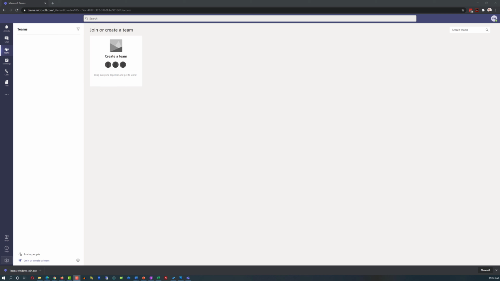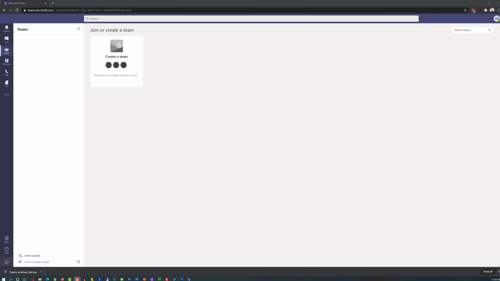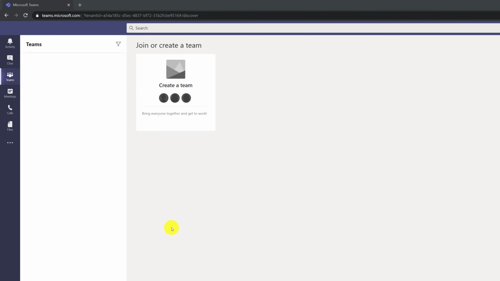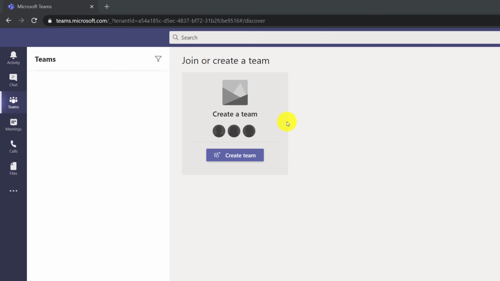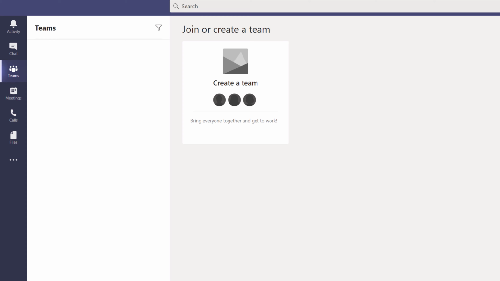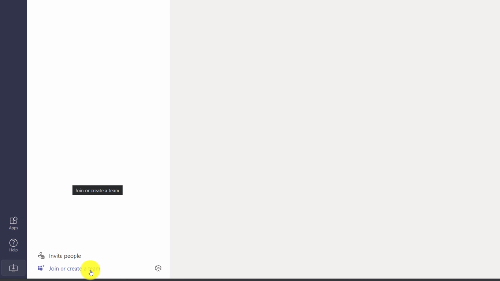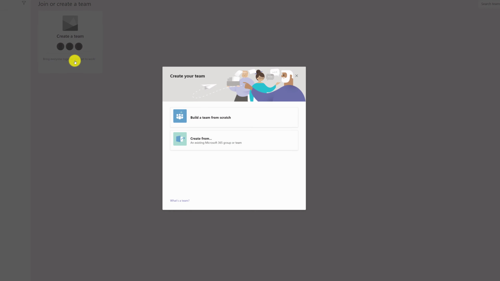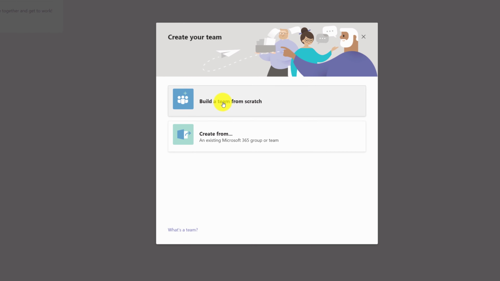There are multiple ways how you can create a new team. If you don't have any teams set up, you will see this Create New Team area right here. An alternative way to create a new team would be Join or Create Team in the bottom area of the screen. I'm going to click Join or Create Team right here and click Create Team, and I will choose Build a Team from Scratch